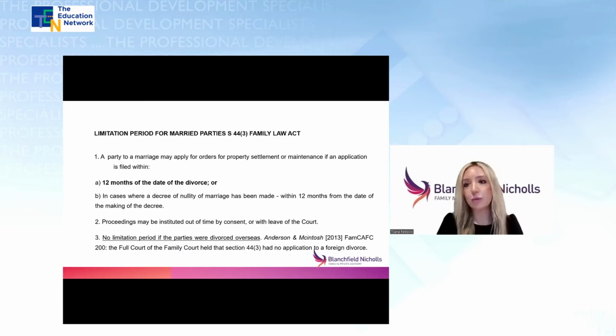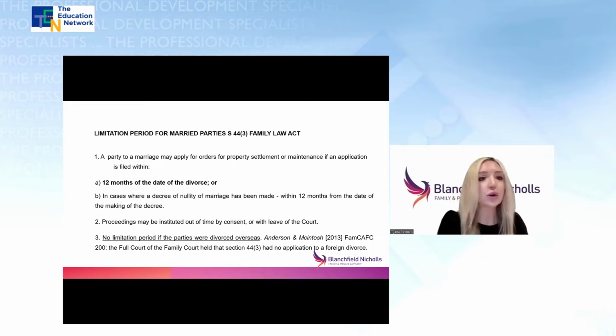So the format of the webinar today will be as follows. First of all, I will go through the legislation. So I'll go through the Family Law Act and the requirements which are set out there. Then we will look at the case law and some of the technical parts of these applications. And thereafter, I will take you through about 6 or 7 different cases so that we can look at how the legislation has been applied to the case law, including some very recent decisions from the Federal Circuit and Family Court.